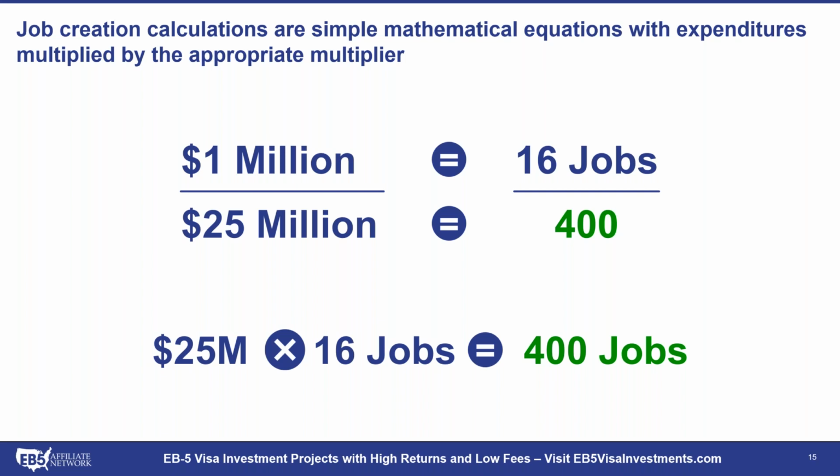And so you take that 400, you divide it by 10, so that means you could have 40 EB-5 investors, right? And if your project was located in a targeted employment area, then that would mean 40 investors times 900,000,